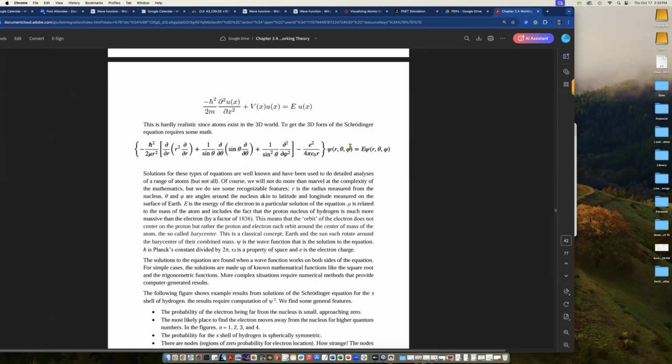So here's the Schrodinger equation. And you'll see little r's all over the place, here, there, and everywhere. That's the radius. And then we have the latitude and longitude of Earth. This is the latitude, and that is the Greek letter for the longitude. So it's this equation, and if you go through it, just ignore all these little symbols that have to do